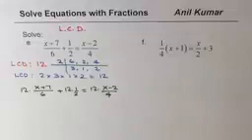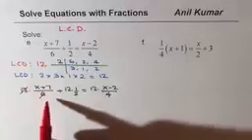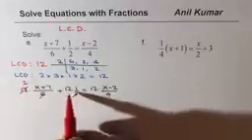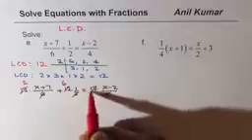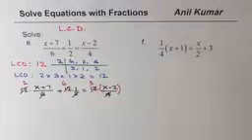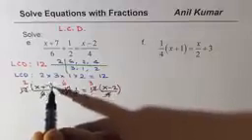As expected, all the denominators can now be cancelled with 12. So 6 goes 2 times, 2 goes 6 times, 4 goes 3 times. Now this 3 should be multiplied to both. Remember this part, right? Otherwise you will get a wrong answer. Same here, 2 has to be multiplied with both